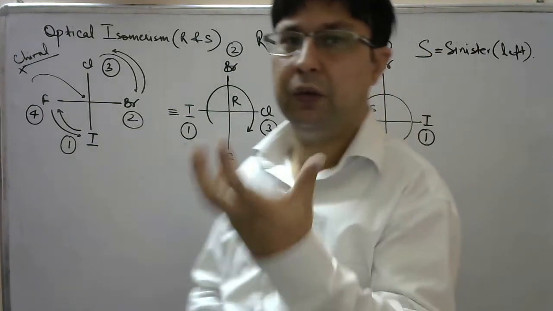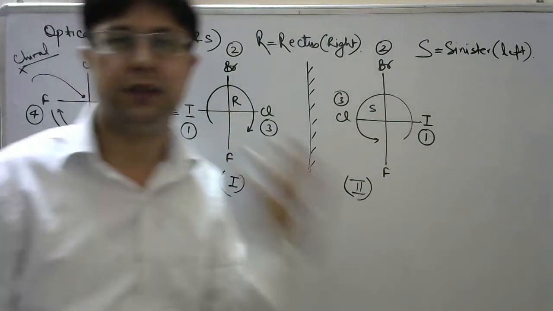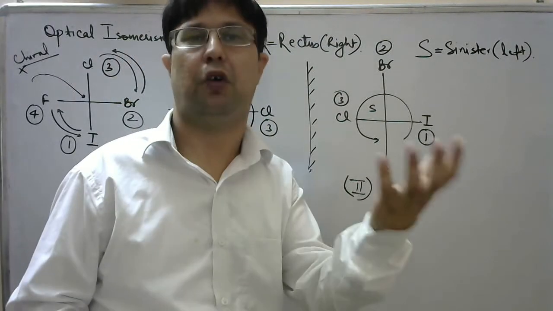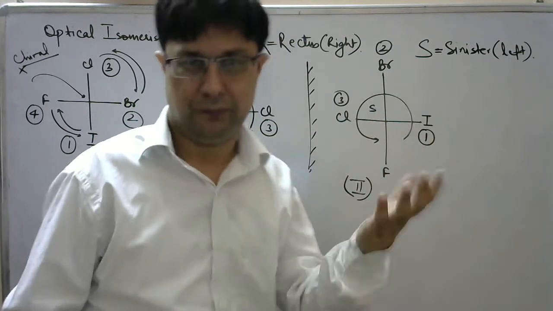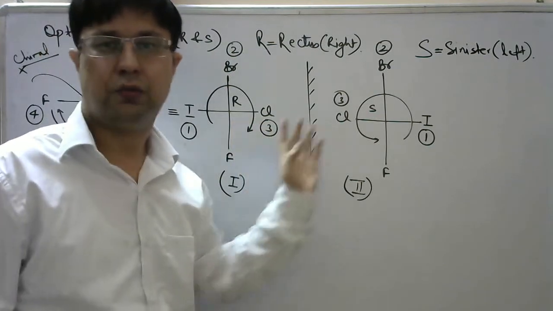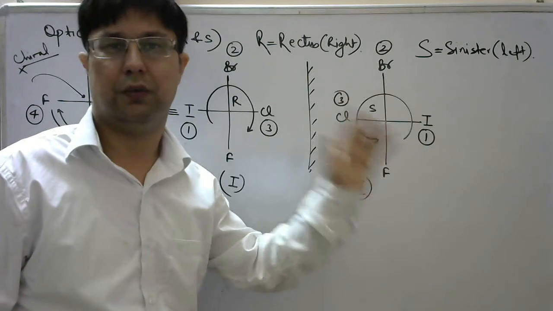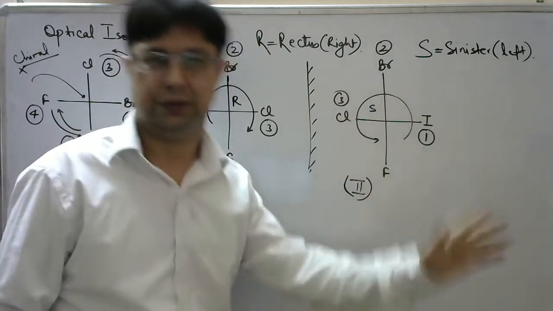Is that clear? So we say that they are enantiomers, they are showing the property of enantiomerism. They have what is called an enantiomeric relationship, present in these two molecules. So non-superimposable mirror images are there, and they are said to be what kind of molecules? They are said to be enantiomers.